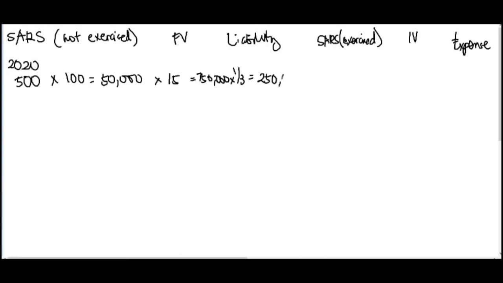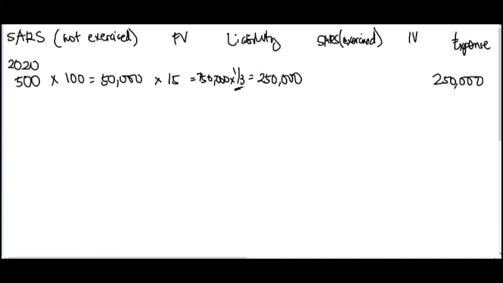Always remember the magic, ha? This one. 250,000 your total liability. Anyway, so wala tayong SARs exercised. Wala pa naman nag-exercise yung time na yon. And intrinsic, wala. So, ibig sabihin, ang expense mo that year is 250,000. Okay? Next,